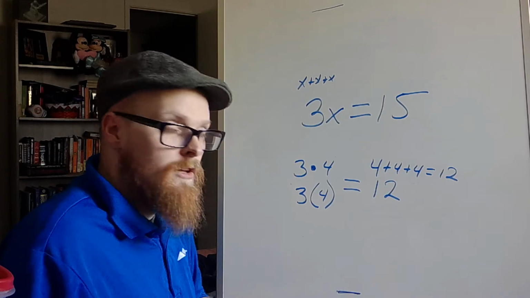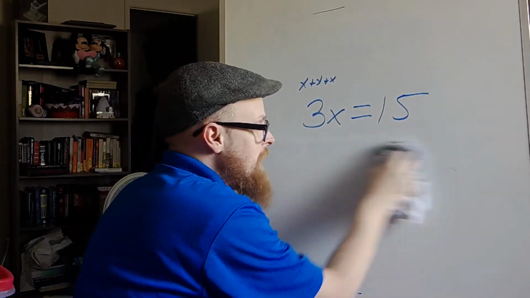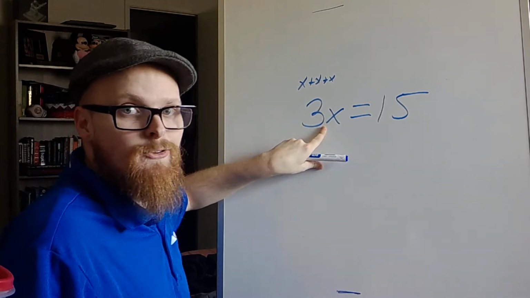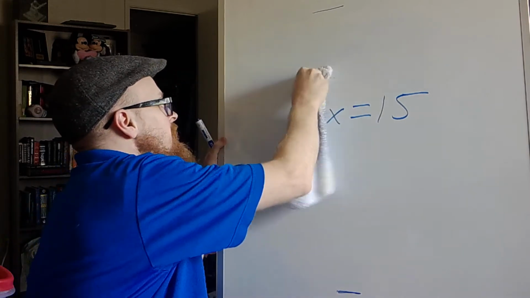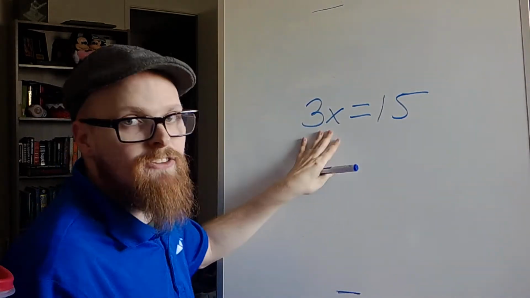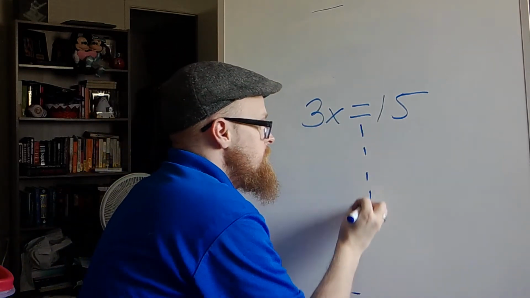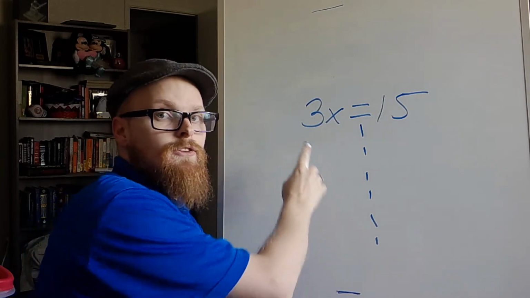Okay? So again, anytime we see a number next to a variable with no indication of operation in between them, notice there's no division sign, there's no addition or subtraction, no actual multiplication sign. It's just written right next to each other, and we assume it's multiplication. Okay? So in order to solve this, opposite operation, this is multiplication,